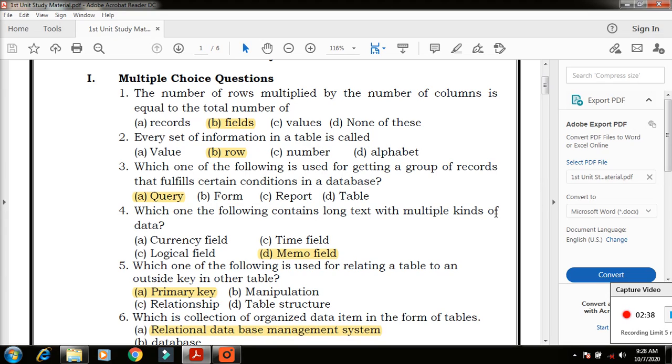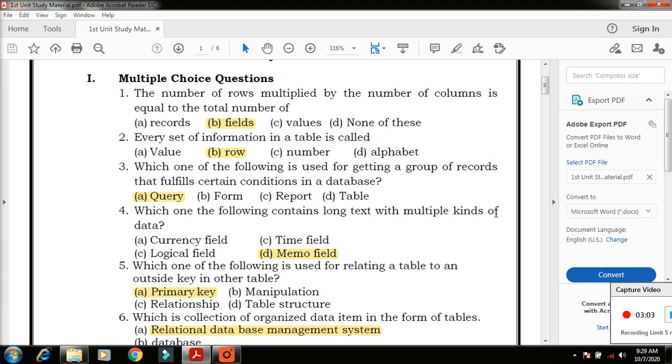Text, numbers, time and date, logical field, currency, and memo field. Like that, many data types are available. From the data types, what we have to choose is the memo field. Memo field is only used for containing long text with multiple kinds of data.